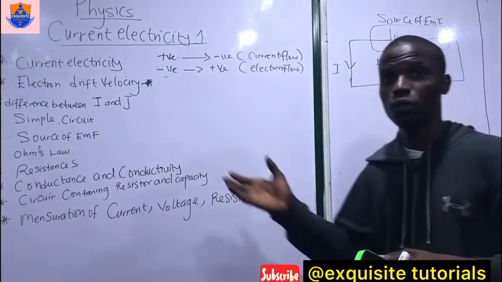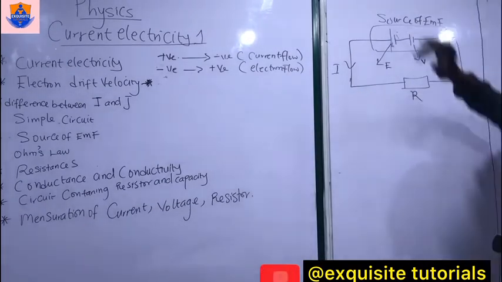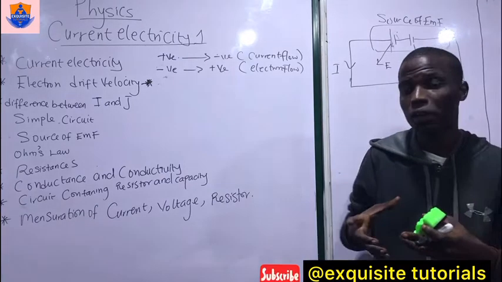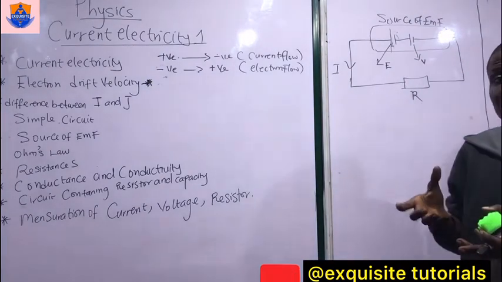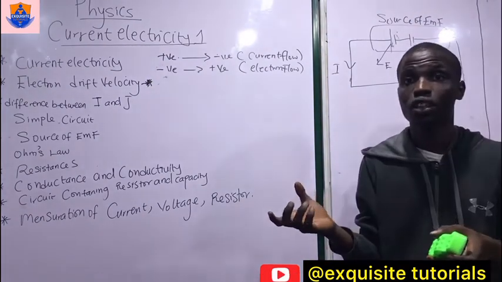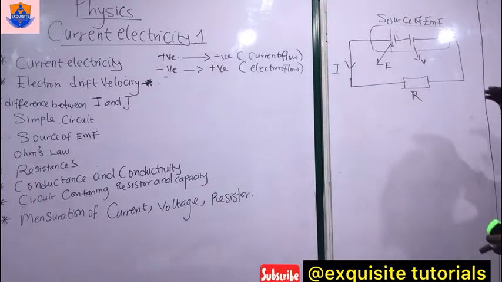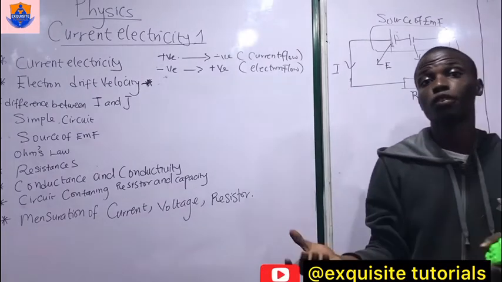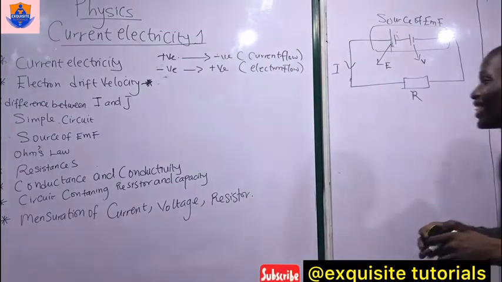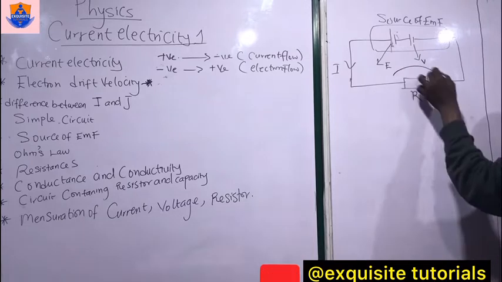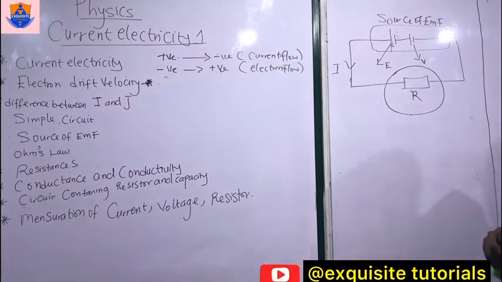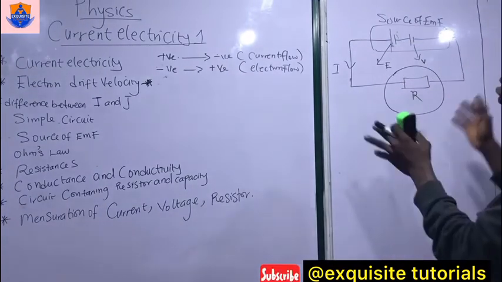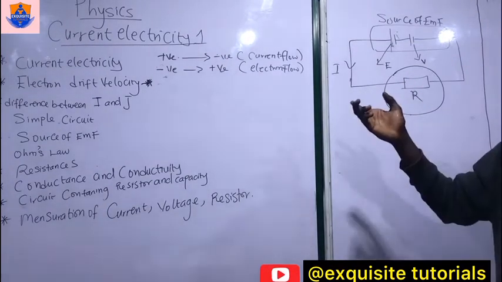So now this is the diagram of a simple circuit. In this circuit, the source of the EMF is embedded in it, and embedded in it is where you have your internal resistance. That internal resistance is normally subtracted from the major EMF, so you can get the potential difference flowing through the external resistor. A simple circuit is just a combination of the source of the EMF, the internal resistance,